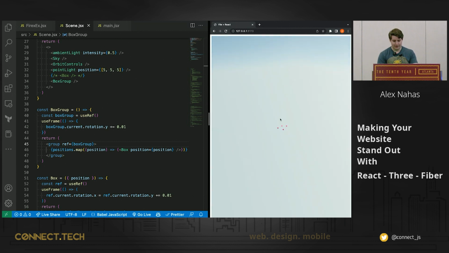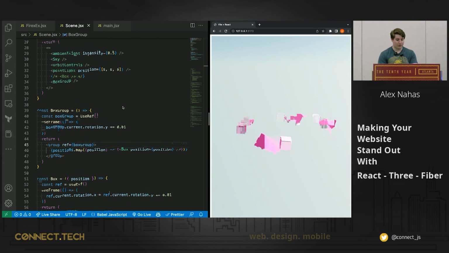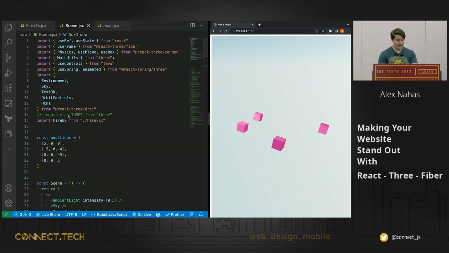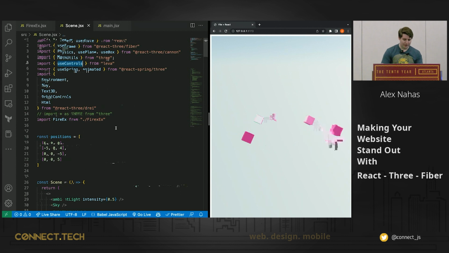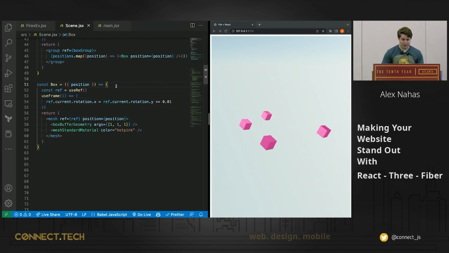But yeah, so we've shown you what's going on with just the standard use frame and the different hooks that React Three Fiber exports. But what's really interesting about the ecosystem is actually Drei and use-cannon and the different things there. One thing that's really nice as well is useLeva. Leva is, am I exporting it here? Oh yeah, useControls. So if I wanted to say for each of these boxes, I wanted to specify their color in